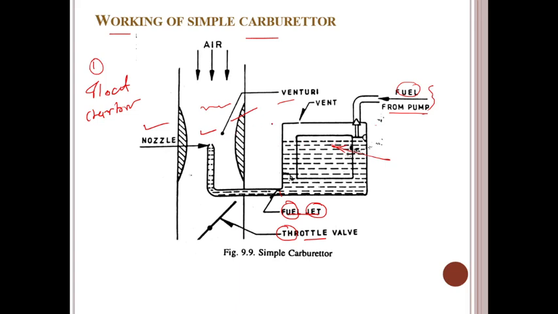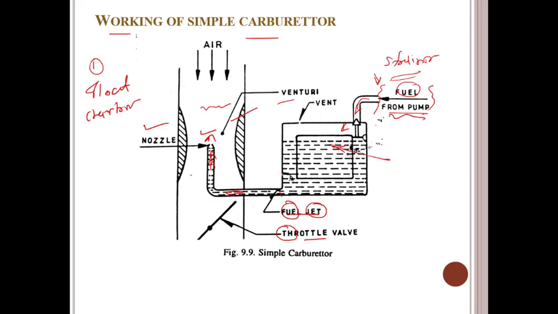So fuel from the external fuel tank is supplied to the float chamber. Whenever the fuel is supplied inside this float chamber with the help of the fuel pump, the fuel from the fuel tank is filtered using the strainer, which removes any solid particles from the fuel. Whatever contaminations are in the fuel, with the help of the strainer all the particles will be removed. Now the fuel from the float chamber is supplied to the main nozzle. Through the nozzle the fuel is supplied, guys,